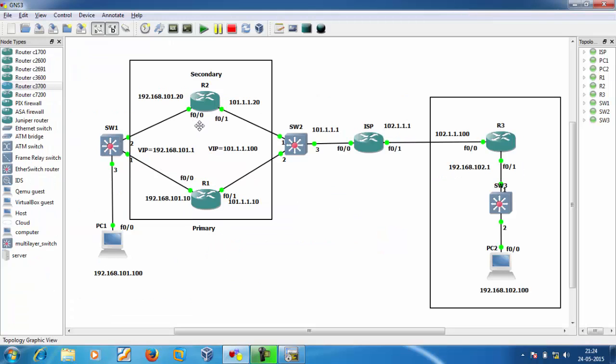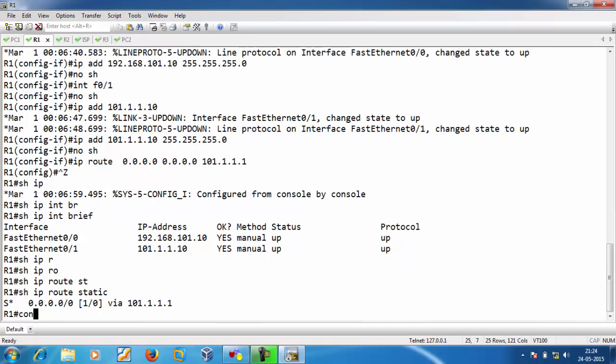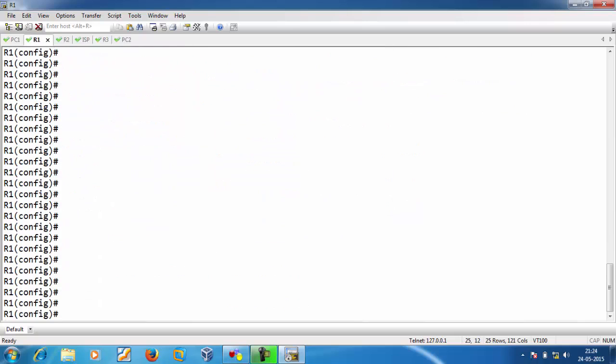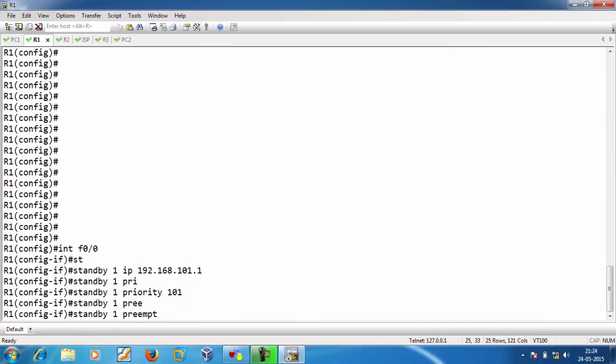Now we have to use HSRP. Go to R1. We will go to the LAN interface. Standby 1, virtual IP will be 101.1.1.1. Here we want it to be active, so we will increase the priority. If it has higher priority, to take over the role we have to enable preempt. It will be active if